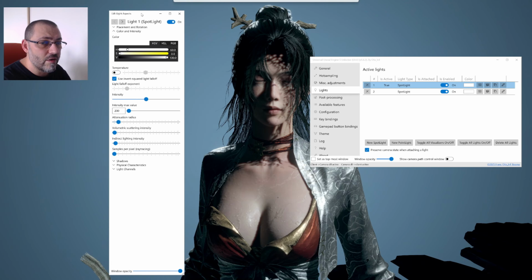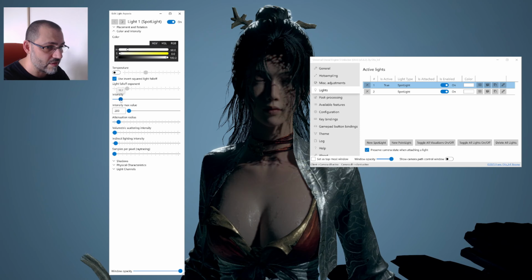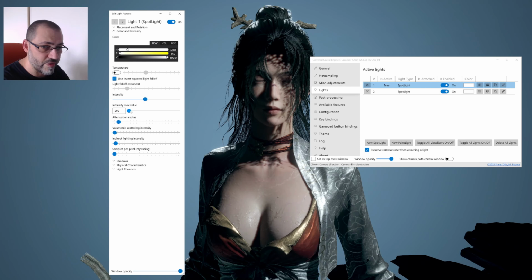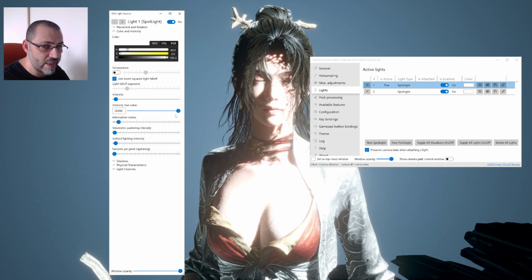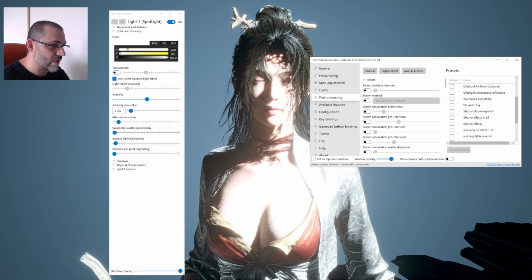So personally, I would first off play with my intensity. So you have this intensity slider here that you can obviously move around, and you have the intensity max value here, which is very important because it's set to 200 now, but you can go way higher, and then your intensity max is going to be very different. Why is this important? Because something you can do, and I usually do, especially if I want to create a portrait with black background or something like that,